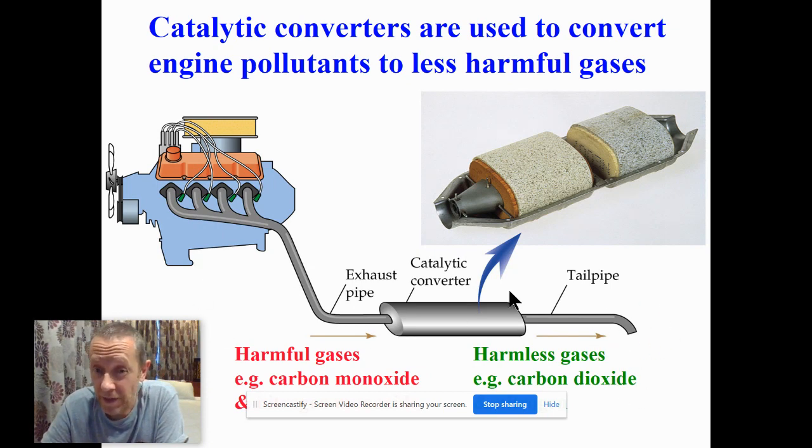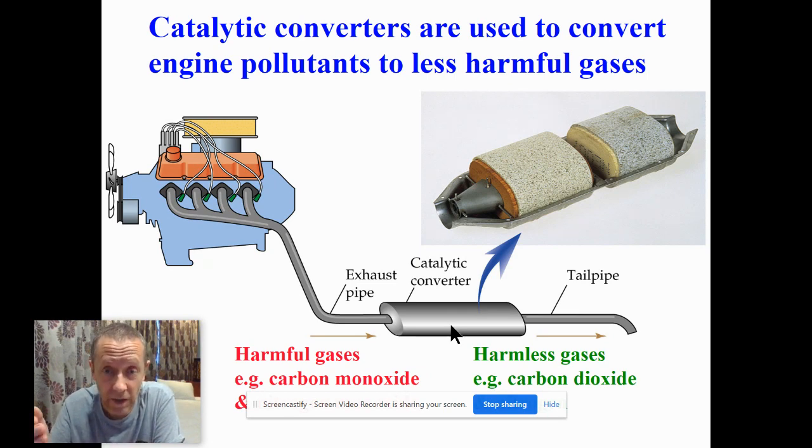Now, potentially we've got things like unreacted fuel. We might have poisonous gases like carbon monoxide from the incomplete combustion of hydrocarbon fuels. And we might also have things like nitrous oxides, which are also harmful to us and harmful to the atmosphere. So there's a number of harmful things that could be coming out of the end of a car into our atmosphere. The job of a catalytic converter is to very quickly change those gases into something less harmful to be